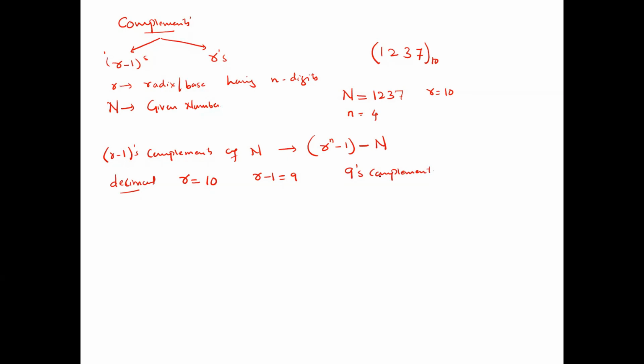So for the decimal number system, we call it 9's complement. You heard about 1's complement, 2's complement, right? So we have a mechanism called 9's complement. Now how has the 9's complement been generated? With this rule, the r minus 1's complement. Pick up a decimal number system where the radix r is 10, then the r minus 1's complement of N will be given as r raised to n minus 1 minus N. Therefore, we term that complement as 9's complement.